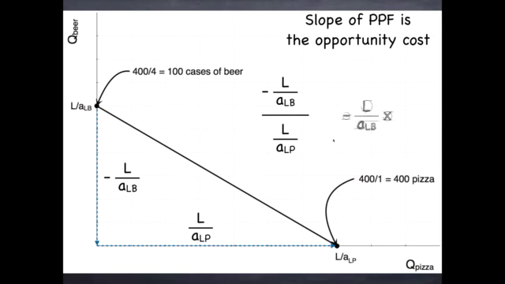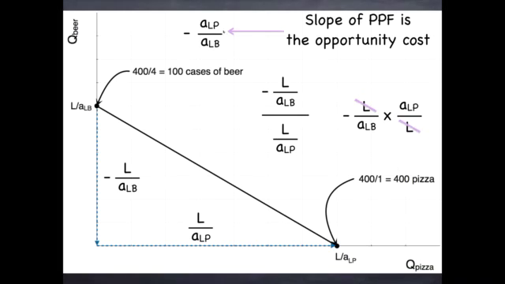I could rewrite that as the following. So I'm just multiplying by the reciprocal of the denominator here, which is the same thing as dividing by that number. And as you can see here, I have an L in the numerator and the denominator. They will cancel out with one another. And I can write that as the negative, the unit labor requirement for pizza